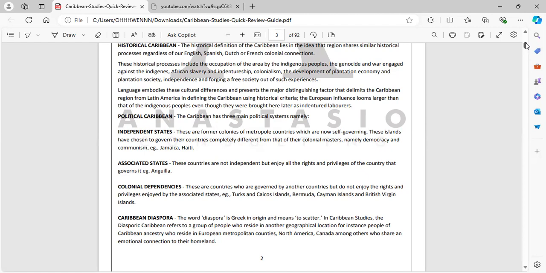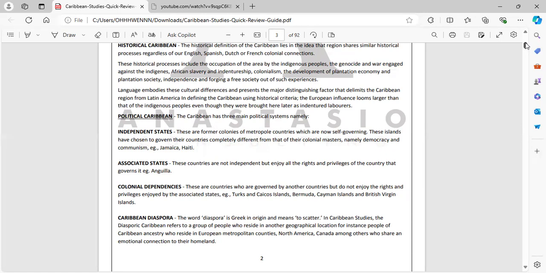When people go through similar things, we call it similarity. It's part of their history. When countries look back today, they see they experienced the same thing. So they have the same history, and that is how they got their definition of the Caribbean, based on their history. So we're going to look into this now.